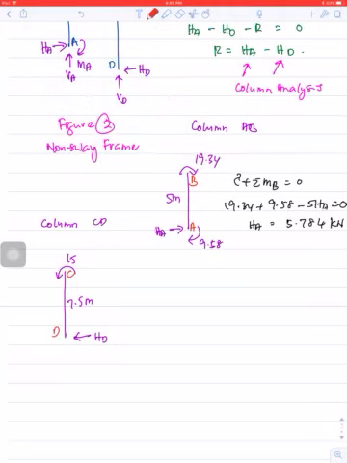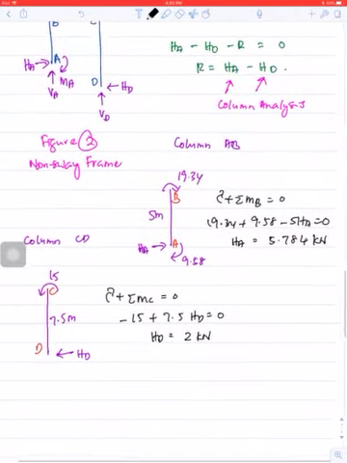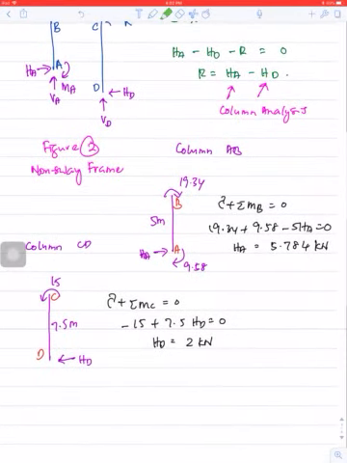This is C and this is D. So by taking the moment at C equal to 0, it is negative 15 plus 7.5 HD equal to 0, so HD is equal to 2 kilonewton. So HA is equal to 5.784, HD is equal to 2. We substitute into